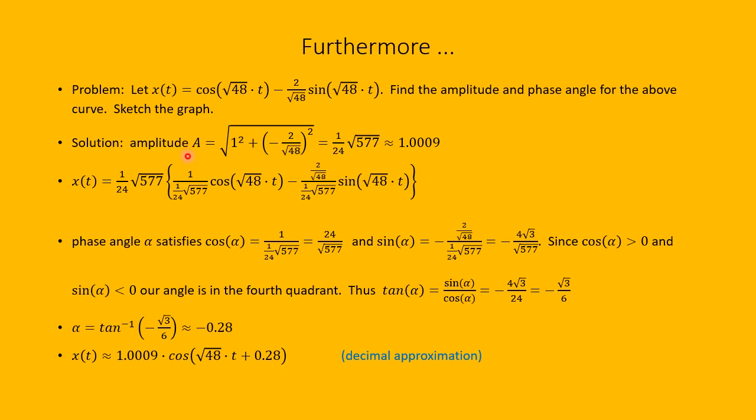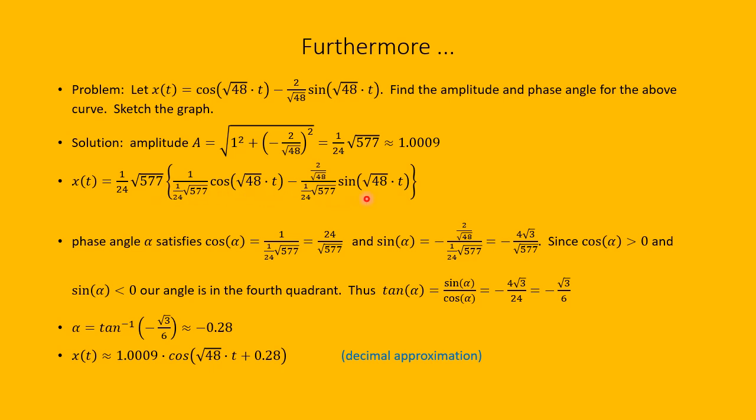First, let's compute the amplitude. We'll call it A. It's going to be the square root of 1 squared, from the coefficient in front of the cosine, plus this number squared. And so when you compute this, you'll find it's 1 over 24 times square root of 577, which is about 1.0009. So then multiplying this equation up here and dividing also by this amplitude, we can write x of t